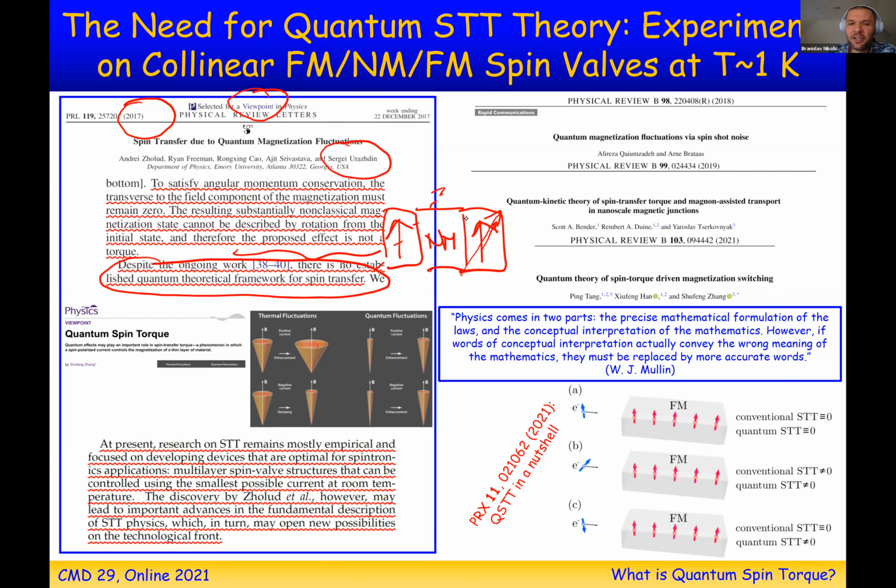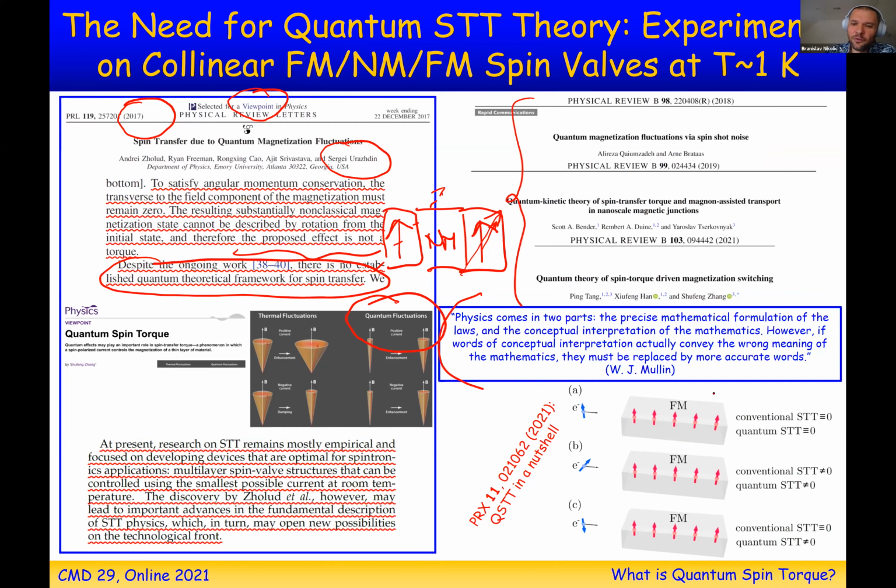And then they came out with some hand-waving explanation saying that maybe the reason why we observe something non-trivial, which means magnetization is moving despite the fact that everything is parallel, collinear, is that there are some magic quantum fluctuations at very low temperature that are also going to tilt magnetization away from collinear directions and initiate a torque. And surprisingly, or strangely enough, people jumped on this and tried to develop different theories, picking up on these quantum spin fluctuations, but quantum spin fluctuations do not exist in ferromagnets because they're already in the ground state. For antiferromagnets, it's a different ballgame.